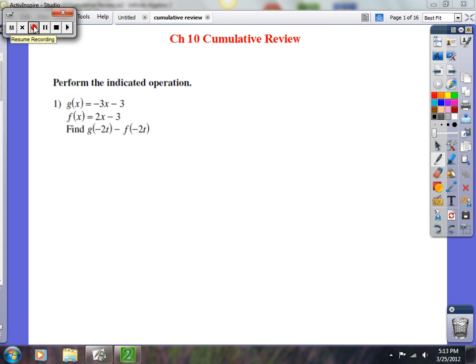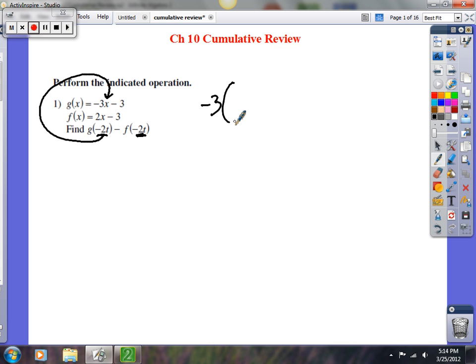Number one is you give them two functions, g of x and f of x, and they want you to plug in negative 2t into g of x and negative 2t into f of x, and then subtract them, and see what you get. So let's take this and plug it into g of x. So g of x is negative 3 times whatever you plug in, minus 3, and we're going to plug in a negative 2t. So g of x is going to be, when you multiply that, a positive 6t